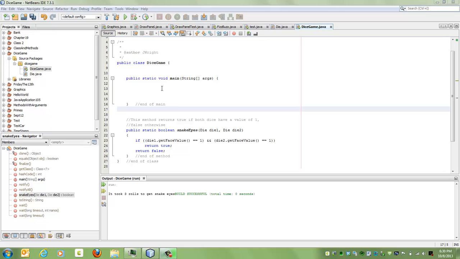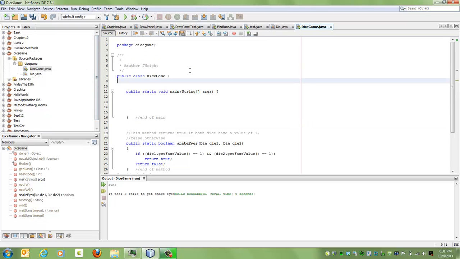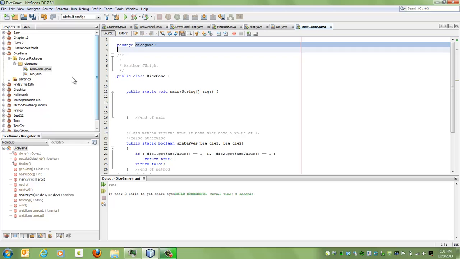Hi, this is a quick video to demonstrate how we can do while loops. To demonstrate it today, what I've done is I've created two classes inside the same package, and I've called it dice game. So the dice game consists of dice that you roll, and the goal is to basically